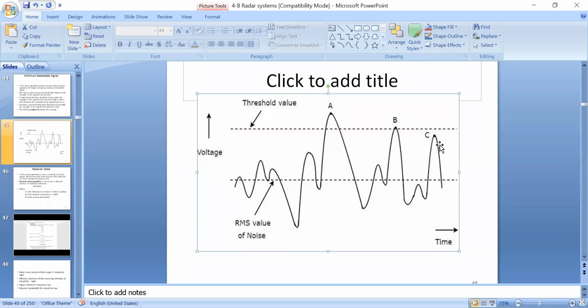I'm explaining here three concepts: valid detection, false alarm, missed detection, right? So whatever the question in your exam, you need to mention all these concepts when asked about minimum detectable signal or valid detection, missed detection, false alarm. Actually, this is called missed detection, false alarm, and this is called valid detection, right? I think you got the concept clearly.